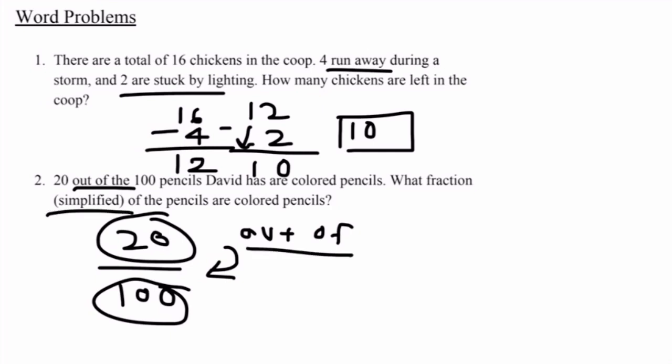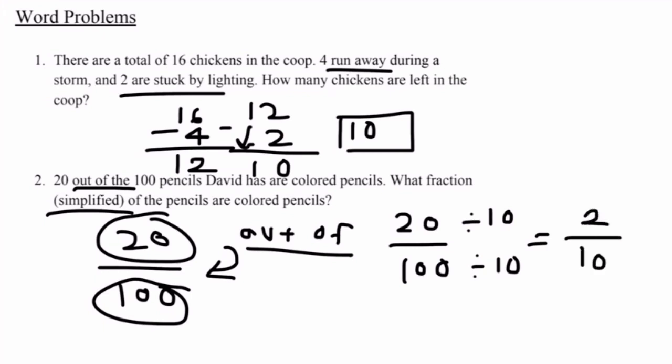However, it asks us to simplify 20 out of 100. We could divide this by dividing by 10 on both sides. So if we divide the numerator by 10 and divide the denominator by 10, our simplified fraction should be 2 out of 10. But we could also divide it once more because 10 is divisible by 2. Therefore, we divide the numerator by 2, divide the denominator by 2, and our final simplified answer should be 1/5. 20 out of 100 can be